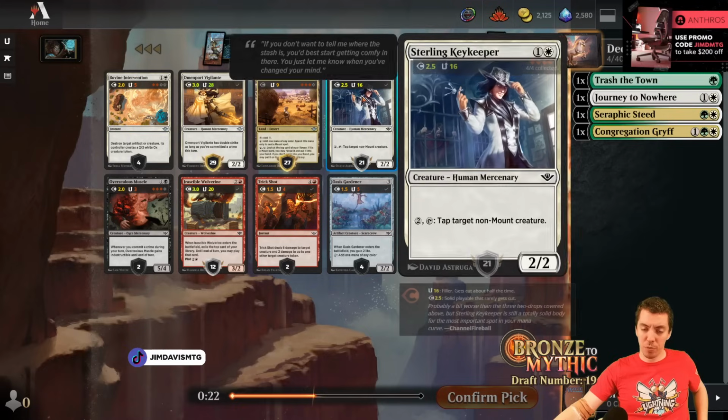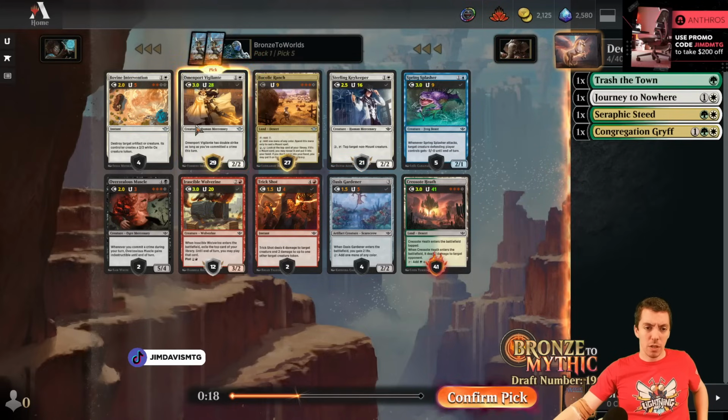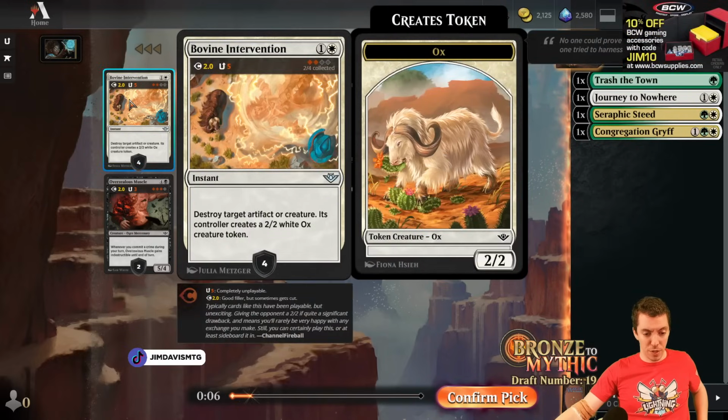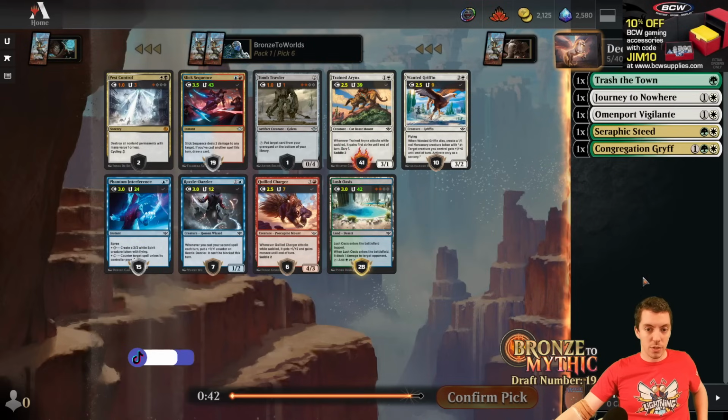Keykeeper is the kind of card that is pretty good, but it's a common, we'll get it later, I think. I think Vigilante's better. And the lands and the ranch, we're not going to be crimeing really aside from the Vigilante. We could maybe splash, but I'm sticking with the creature. Don't put Bovine Intervention in your deck. It's a sideboard card if your opponent has bombs, that's it. Alright, so...